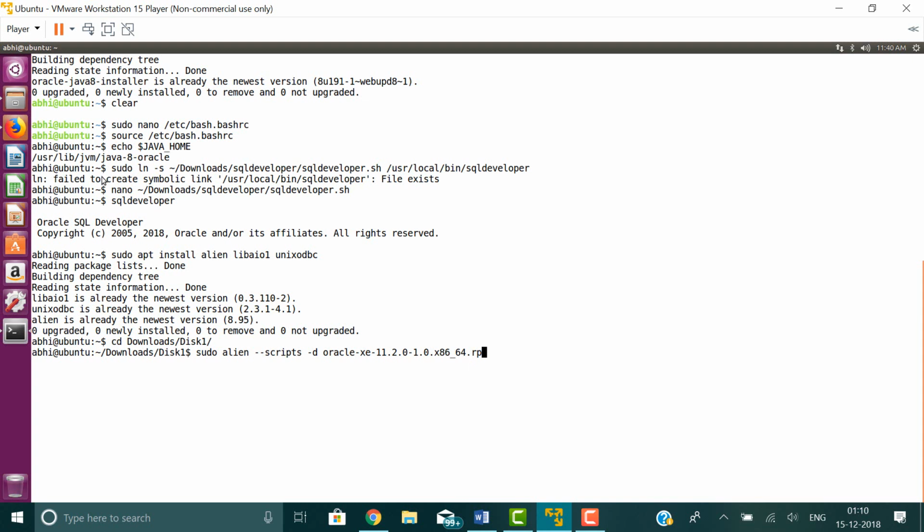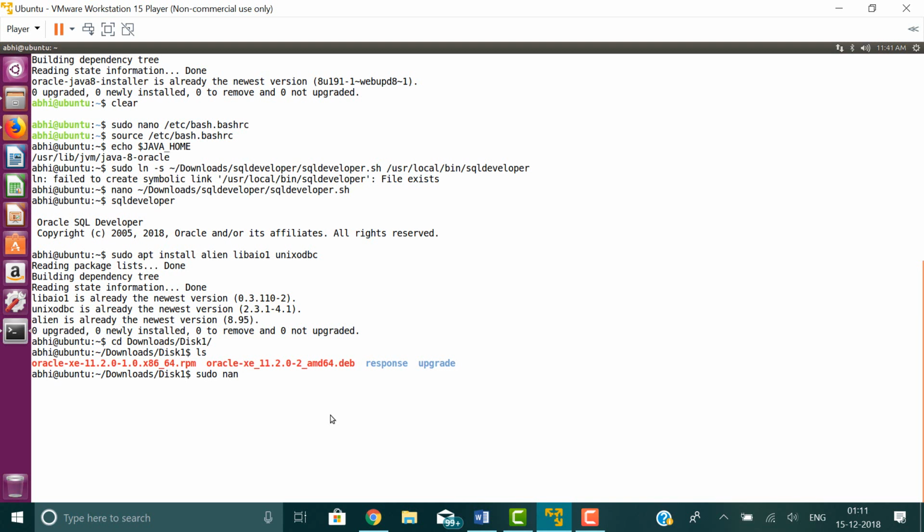Now since I have already done that, I'll just say ls, and you can see here that there is a file named oracle-xe_11.2.0-2_amd64.deb. So I've already converted it from RPM to a Debian package. Once the conversion is done, we need to look for a file called /sbin/chkconfig, because the Red Hat package relies on this particular file which is not used in Ubuntu. So to successfully install Oracle Express Edition, we have to use a simple trick by creating a custom /sbin/chkconfig file using the following command. So we can say sudo